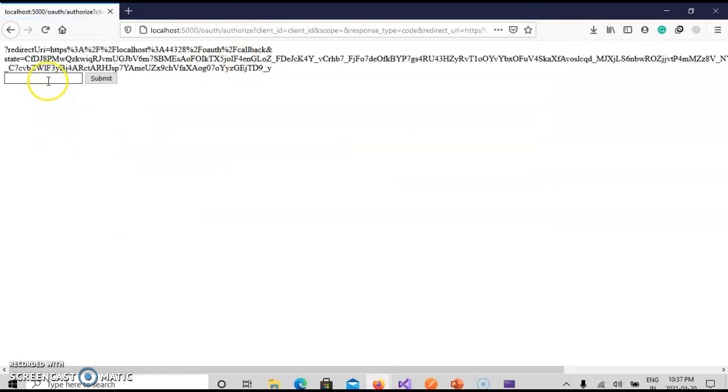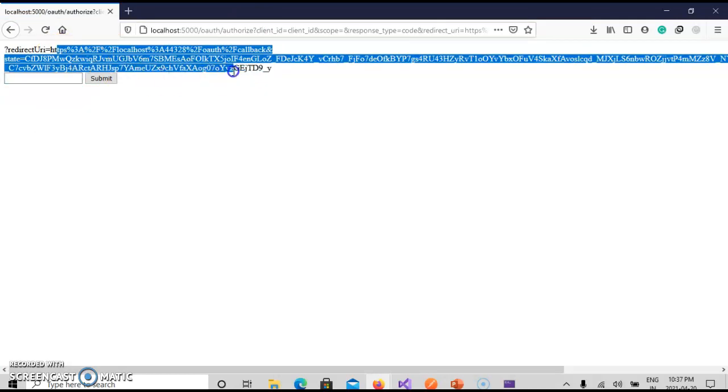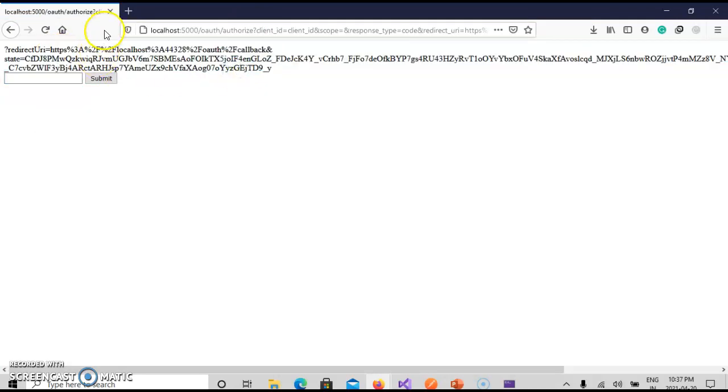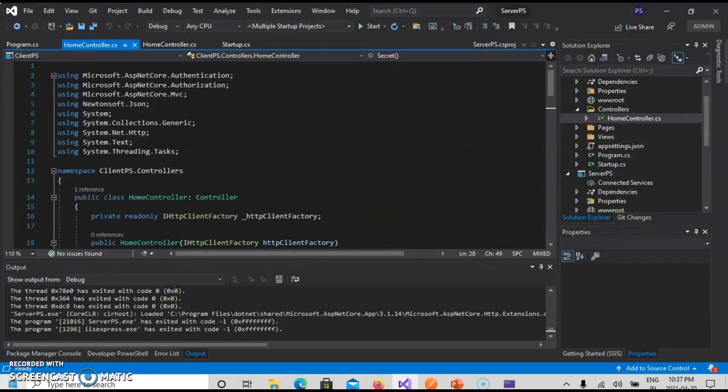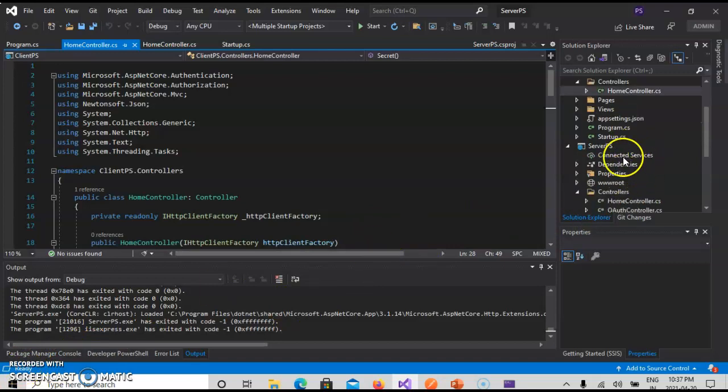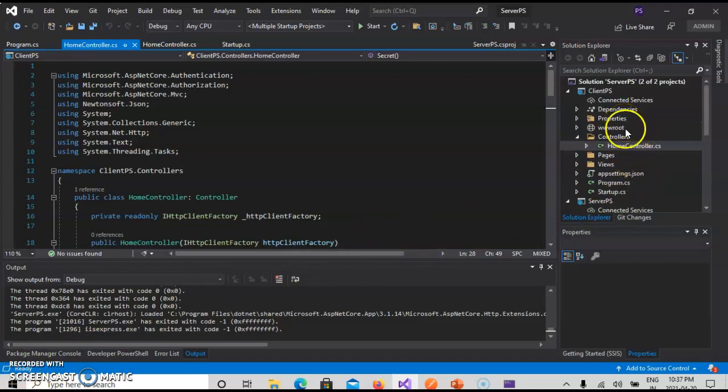Now as you can see, I can access that secret page that my API has. It is just because of the authentication and JWT running in the background. Let's stop this one. So this is how I can pass my data from my server to the API with authentication.